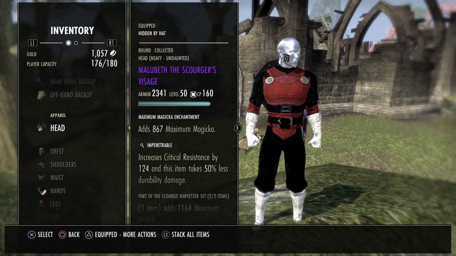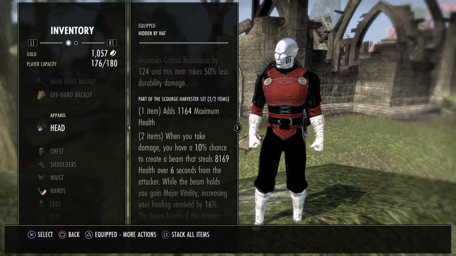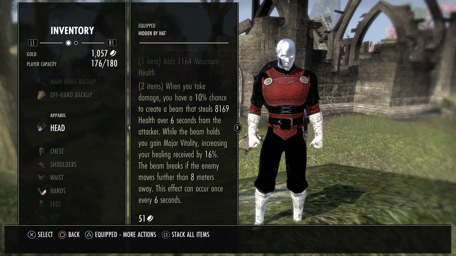Now, monster. Using Malabeth. The reason I'm using Malabeth is that when someone's hurting me, I'm going to get ridiculous healing. And the healing that I have on this build is ridiculous. Just dummy. So when I'm jabbing, I'm healing like crazy. So for example,